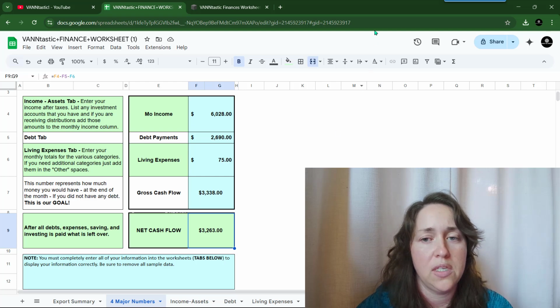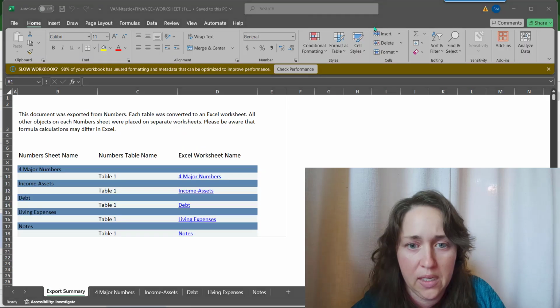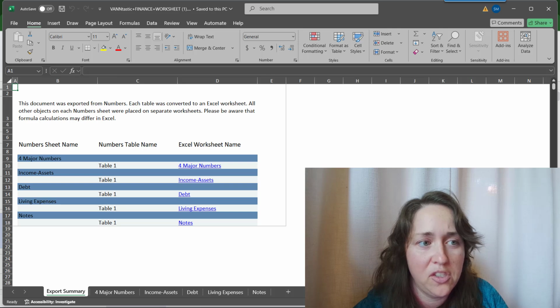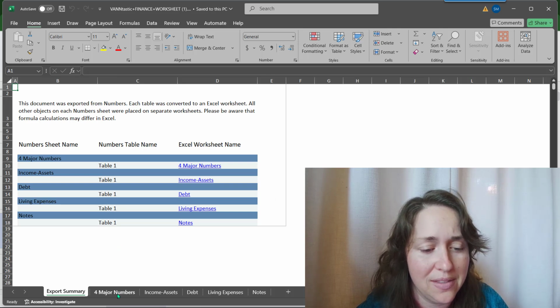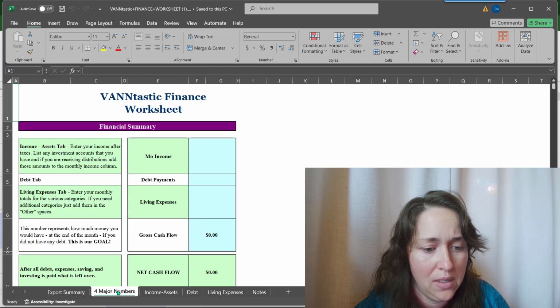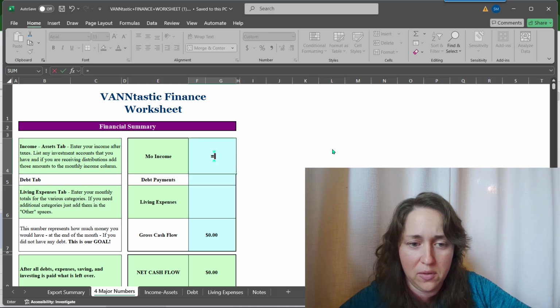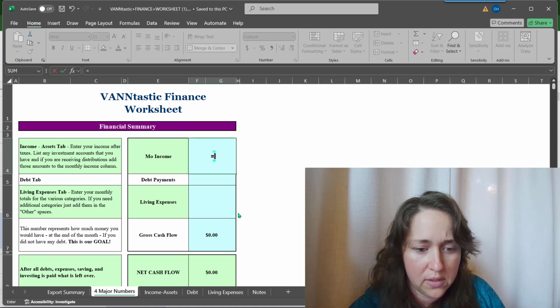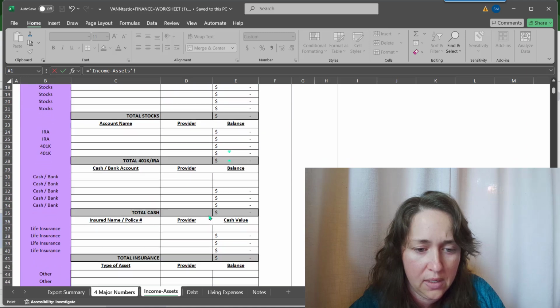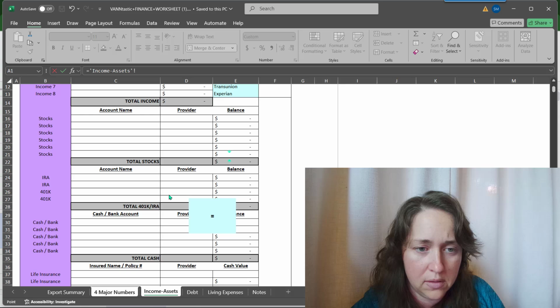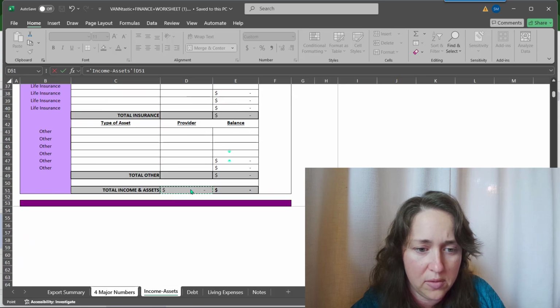If you want to see Excel, I'll jump over there really quick, but it's essentially the same. Here's the Excel version. There are differences in these two programs, but for my purposes, the way I use it, it's exactly the same. So 4 major numbers, and again, the formula is not in there, so here we go, equals, and I'm going to use, wait a minute, yeah, I'm going to use this one,